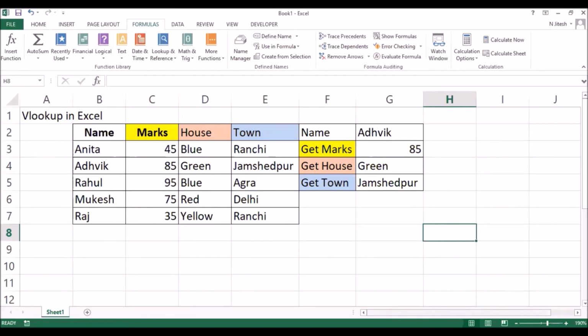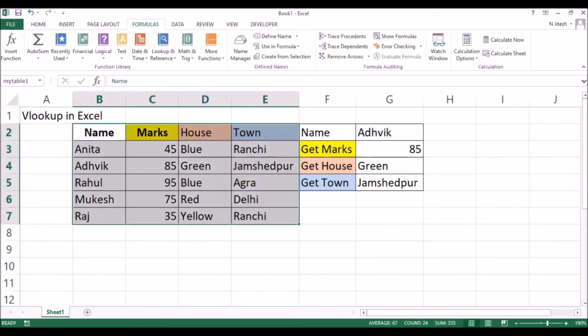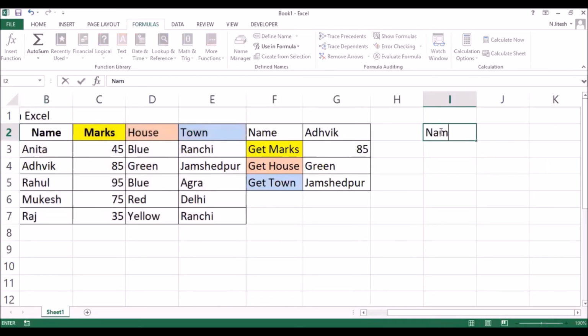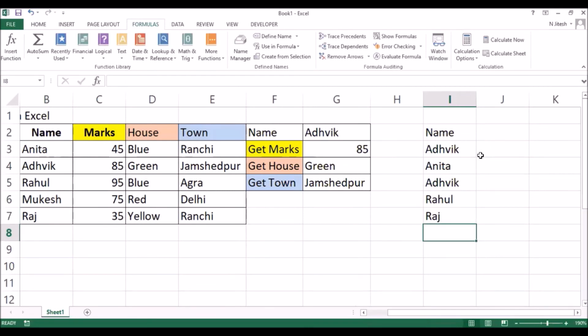In most places, how we use VLOOKUP. Suppose you have a table like this, and you have another table which may have repeated names, like you have a name like this. Okay, you may have repeated values, like let me show you this small example, something like this.